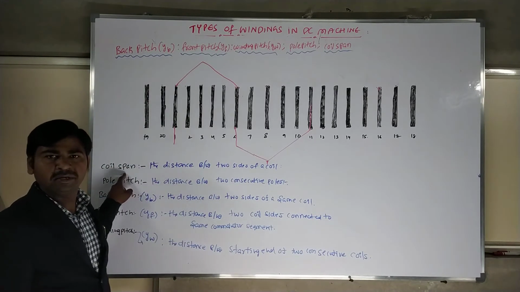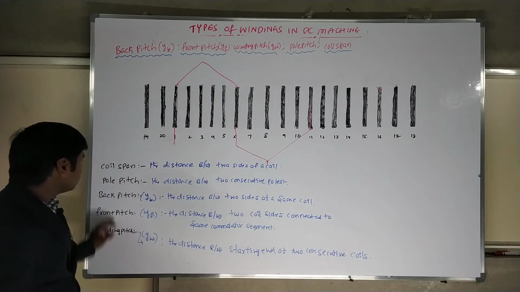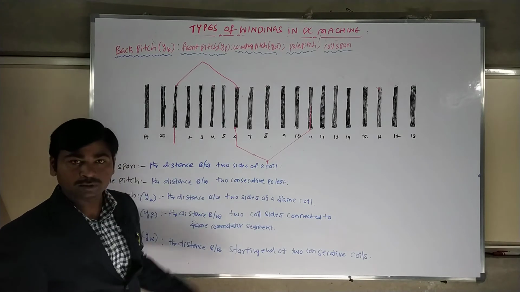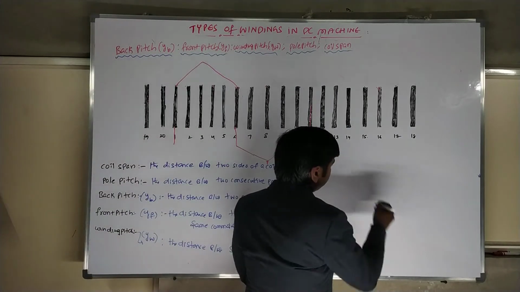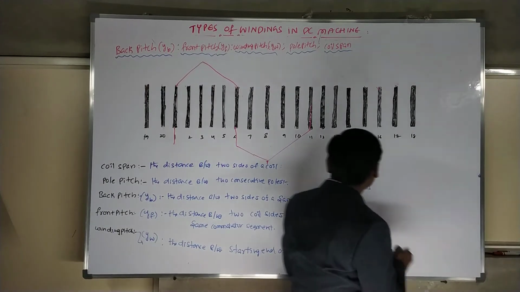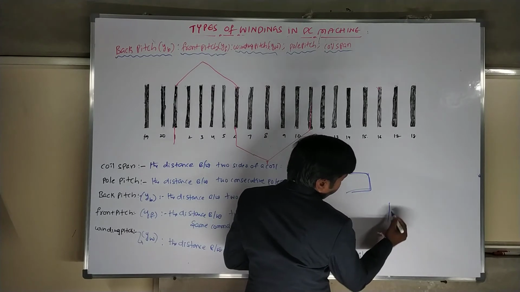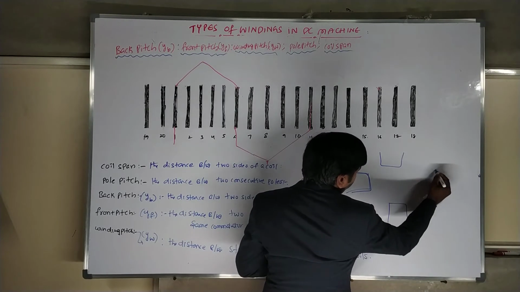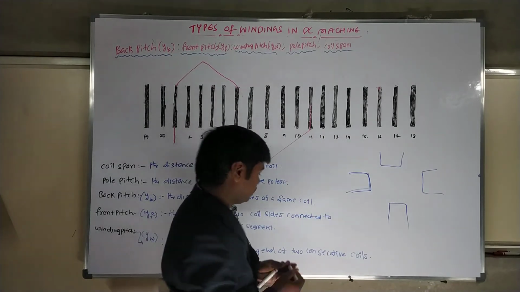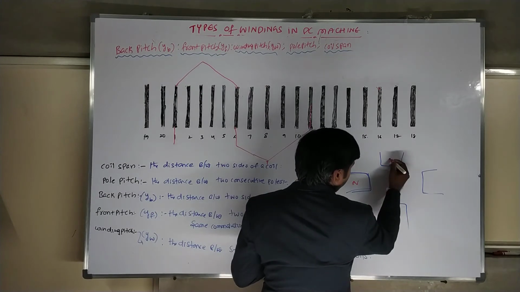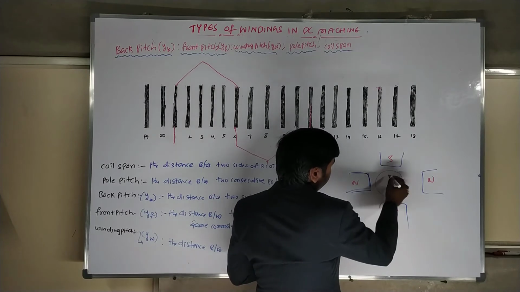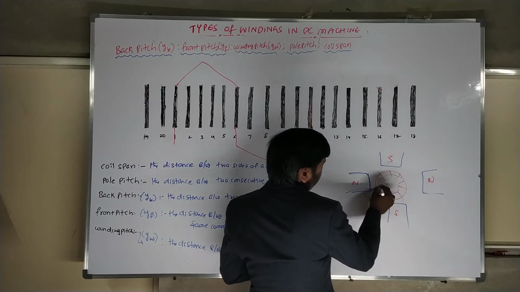The coil span may be integer values. Next, the pole pitch. The pole pitch is nothing but the distance between two consecutive poles. For example, I can write a 4-pole machine. This is one pole, 2 pole, 3 pole. For a 2-pole machine, it will be like this. For a 4-pole machine: north, south, north, south. All our conductors should be placed over here like this. This is the armature core.